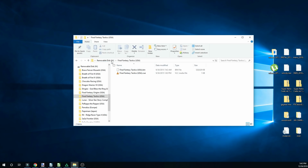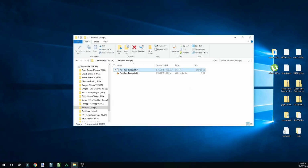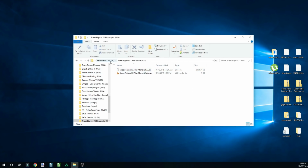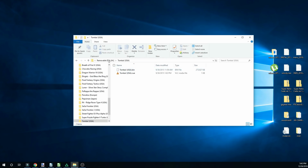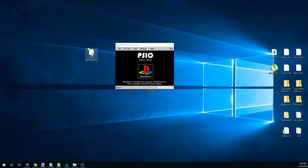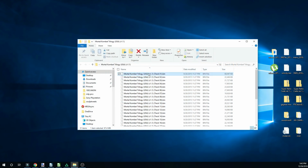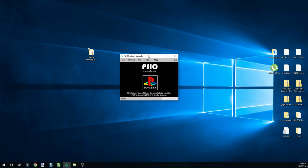Now, the PSIO does support bin, ISO, and IMG files. No PBP files, obviously, as those were meant to be played on a PSP. Now, I do believe bin files will most likely be the most common people will probably use. And the one issue here is that the PSIO does not play games with multiple bin files. Sucks, doesn't it? But there is a simple solution to that problem, and they actually provide the software to easily